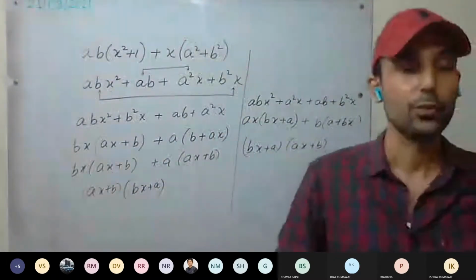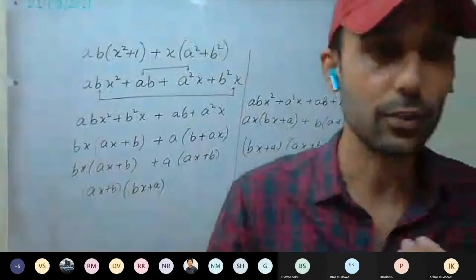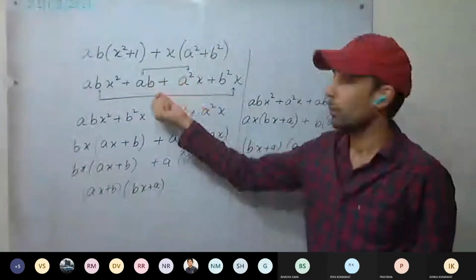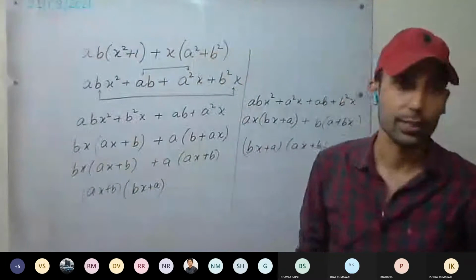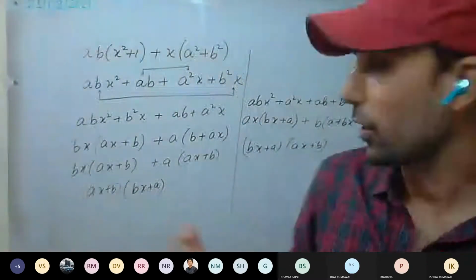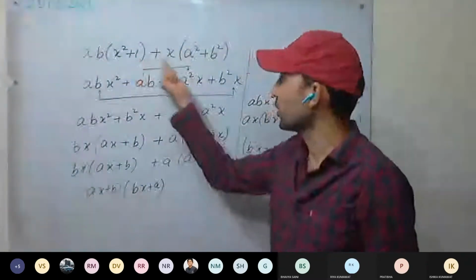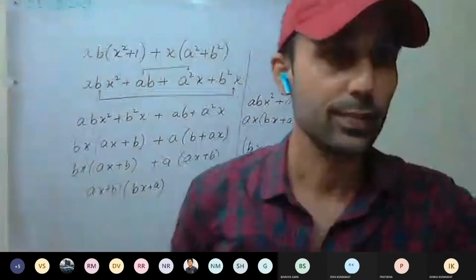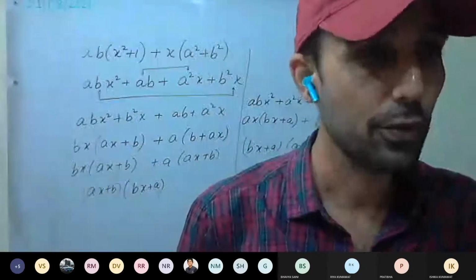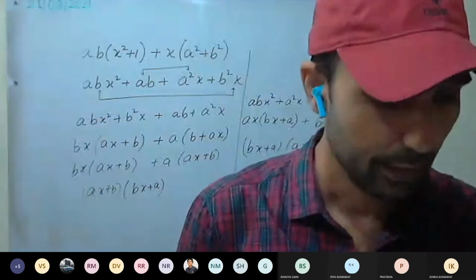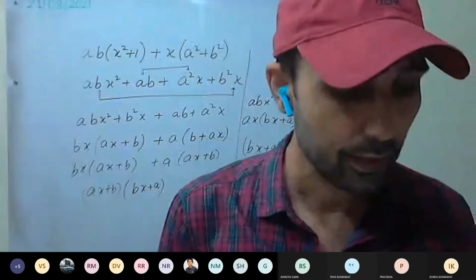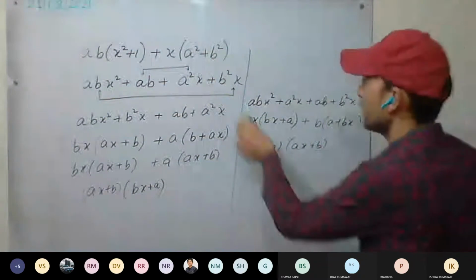First keep trying. With practice, you will start to know. By looking only, you will be able to get it afterwards. So if you are getting it wrong, if you are not getting anything common, try a different grouping. The more you practice, the more you will be able to figure out. So try the next one, the 10th one.